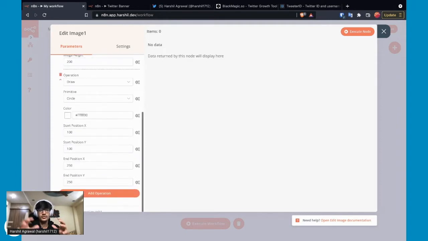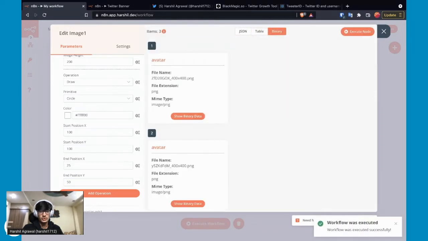And now to have the correct end position for X and Y. For X, it's 1/4 of the total height and width. So, my bad, it's going to be 1/4 of the start position. So this is going to be 25. And for Y, it is going to be exactly half of the start position of Y, which is 15. So if I execute this node now,